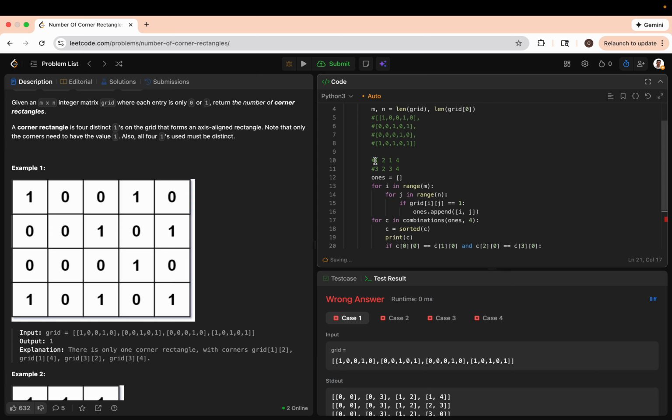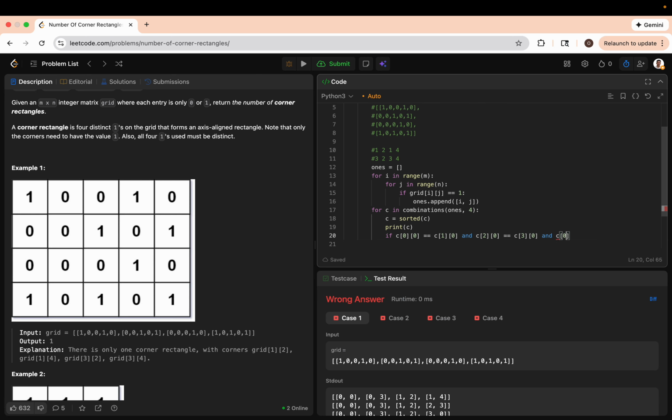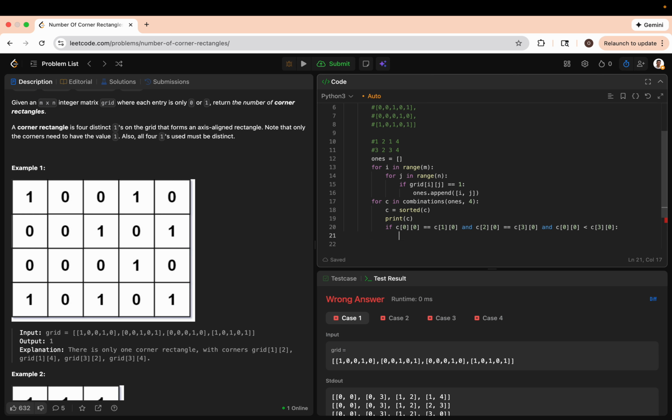And we also have to make sure that C[0][0], because they're already equal, is less than C[3][0], right? We have to check that this is bigger than this, and same here, and they're equal. And then, as long as these columns are also equal, so if C[0][1] is equal to C[2][1], so 2 and 2 here, and C[2][0] is equal to